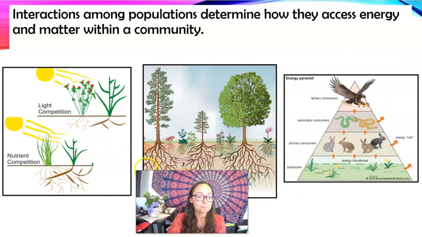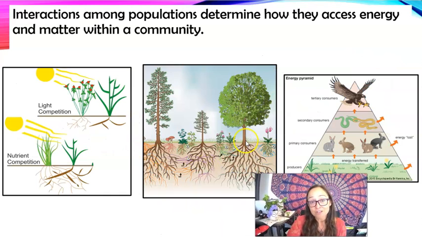Okay, and so interactions among or between these populations determine how they access energy and matter within a community. Energy and matter really come down to food if you are a heterotroph. That could be competition, it could be predators, but when we think about plants, their matter and energy is photosynthesis. And so they have competition in their own roots, or if one plant grows above the other and puts shade on that next one. So there's actually